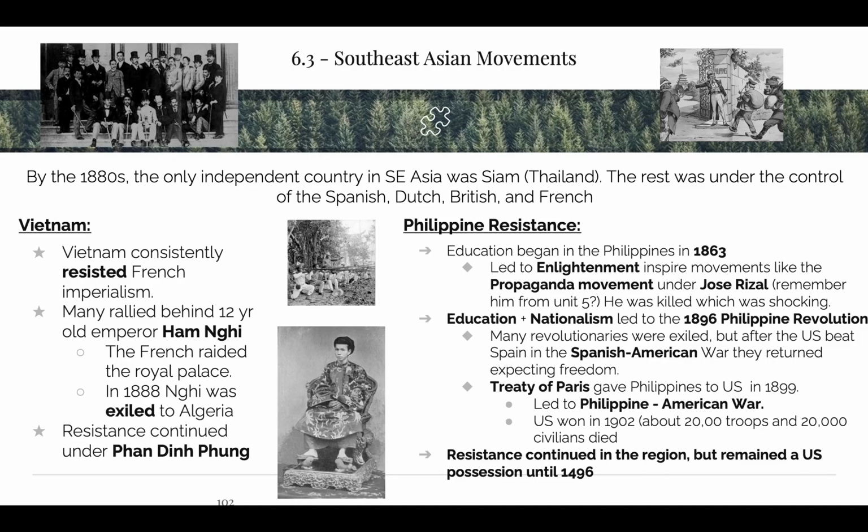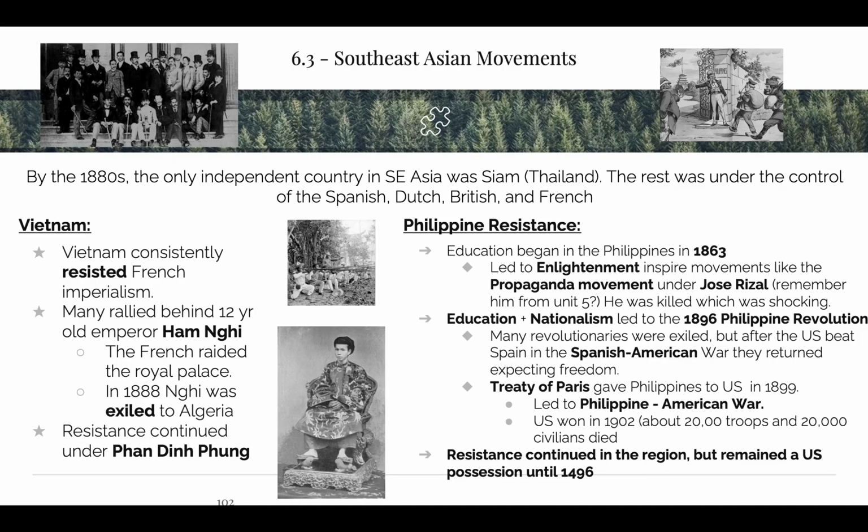When the Filipinos hear that America is getting them, they rejoice, because we're the land of freedom. So they think they're getting their independence. Except, what don't we give them? Yeah, we don't give them independence, and you need to know that. So, Spanish-American War, the Philippines gets transferred to the United States. The Filipino people are super excited because they're going to get their independence because Americans love independence. Except we take them over and we're like, yeah, about that. We're going to keep you a colony and we're going to exploit the hell out of you.